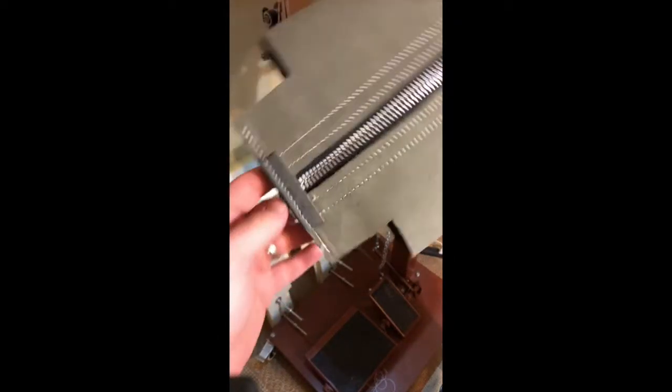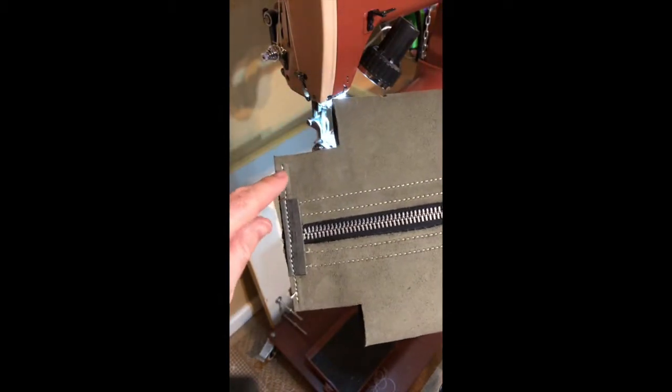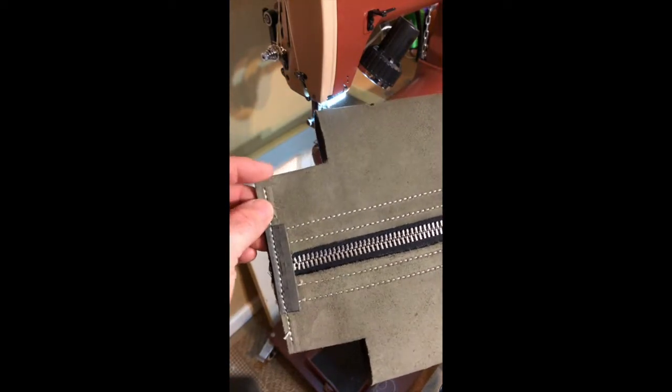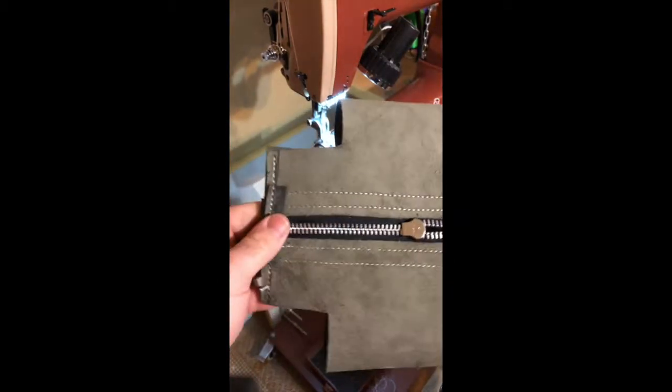So our first sewing lines are going to be these areas right here. Not our corners, but you just want to go two straight lines there. And you don't have to go all the way to the end, because we're going to need a little bit of play right there when we pinch our corners. And then on this side, we've got